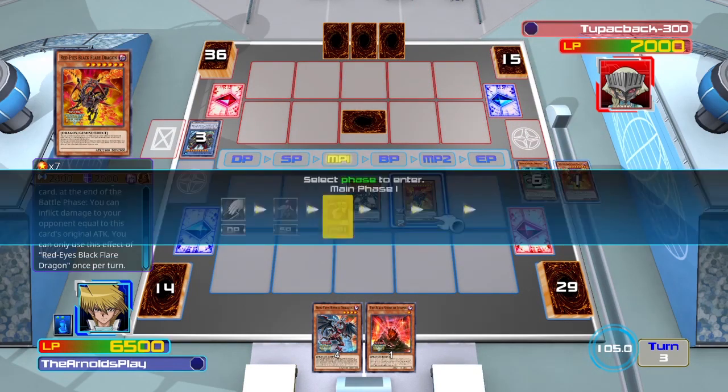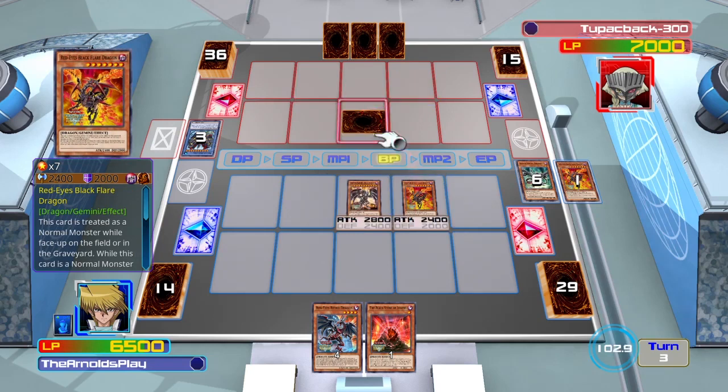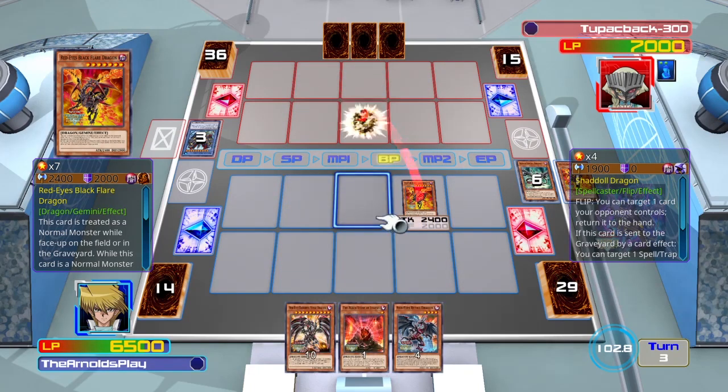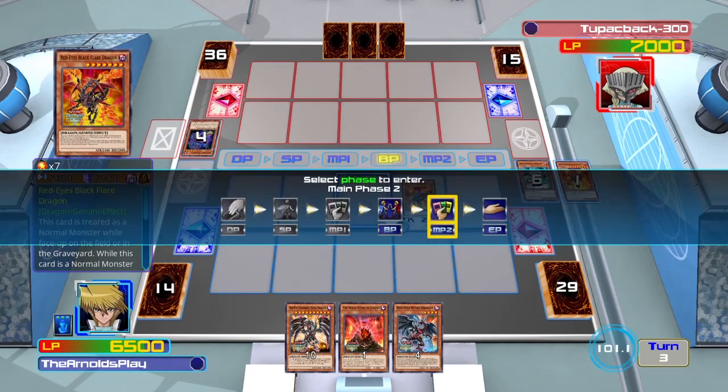Black Flare Metal Dragon's effect is that when it is sent to the graveyard, I can add a Red Eyes monster, or Red Eyes card, from my deck to my hand, and we added Red Eyes Retro Dragon, a really good hand trap for this archetype. Then using Red Eyes Darkness Metal Dragon, I special summoned Red Eyes Black Flare Dragon from the graveyard to the